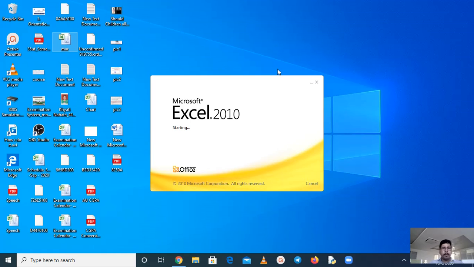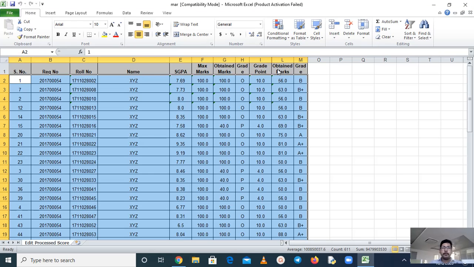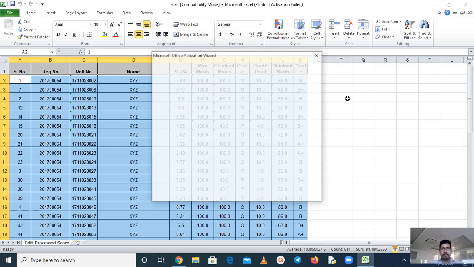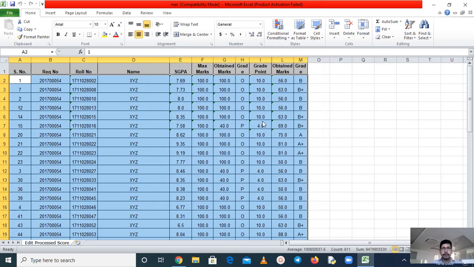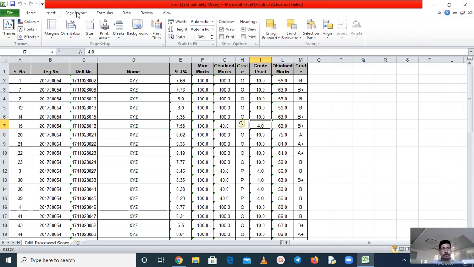This is a very simple way, it hardly takes a few seconds to do this. So just let me open the Excel sheet, then we can proceed. I am going to show you only one step, and you only have to follow that step, then you can do this. So this is the file, and what you have to do is click on Page Layout. In Page Layout, here you can see Print Titles. So click on this.